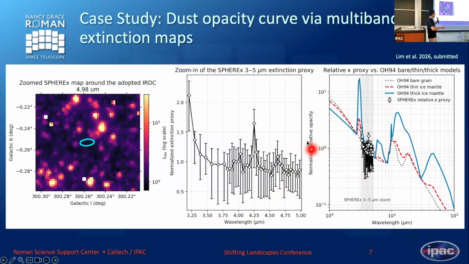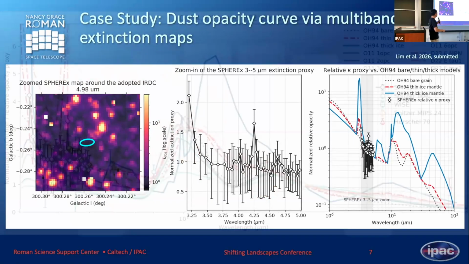And then, this panel on the left basically shows where we got this example data from, this dark region. It's not super dark compared to other locations, but it is dark. Trust me, it is one of the IRDC series, infrared dark cloud regions, in the catalog. Okay, so we got these examples of how to use your SPHEREx data to get this